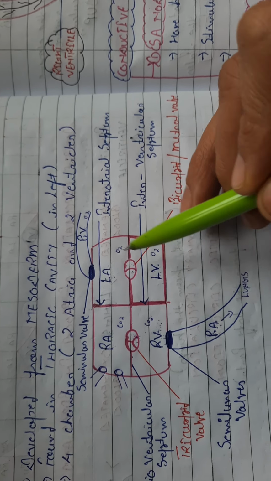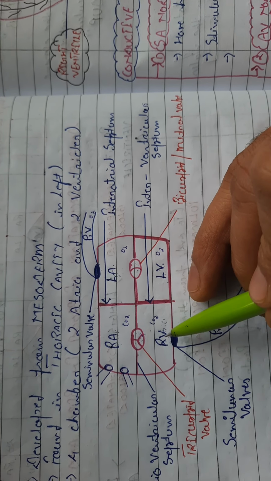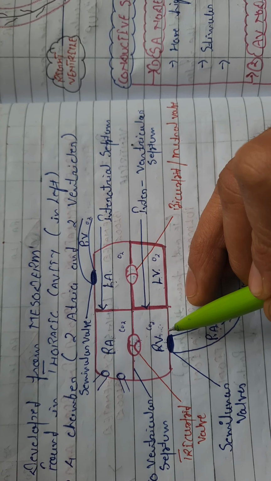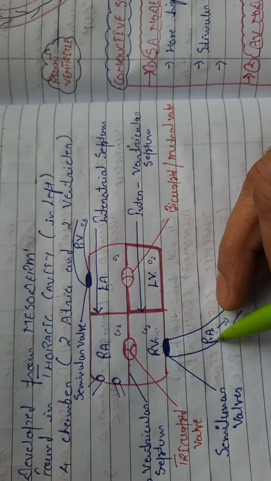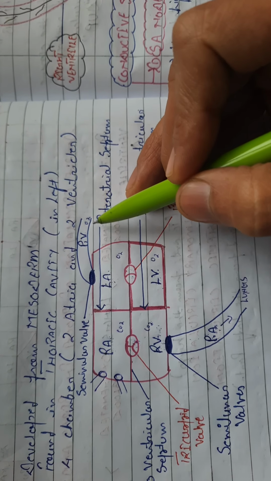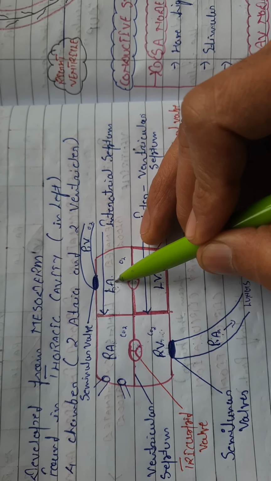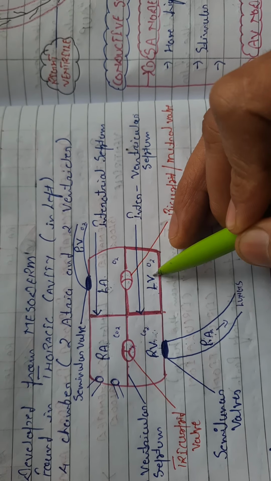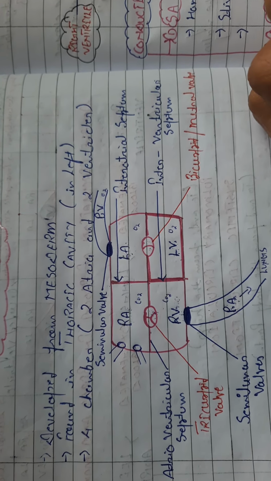left atrium. So in this way, from the right atrium, deoxygenated blood moves toward the right ventricle with the help of the tricuspid valve, and for oxygen it moves through the pulmonary arteries. After that, oxygenated blood with the help of pulmonary veins enters into the left atrium, and after the left atrium it moves towards the left ventricle. Then through the aorta, it moves to different parts of the body.